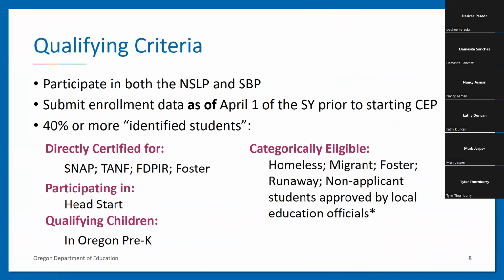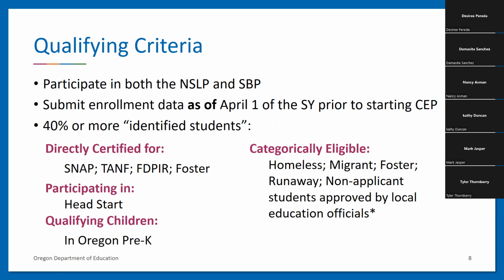To be eligible for the CEP, each individual school must participate in both the NSLP, the National School Lunch Program, and the SBP, the School Breakfast Program. Enrollment data as of April 1st of the school year prior to starting the CEP must be submitted. To qualify for the CEP, a district, group of schools, or an individual school must have at least 40% or